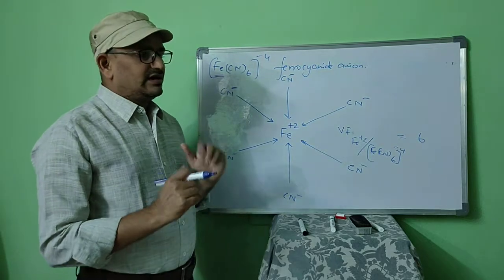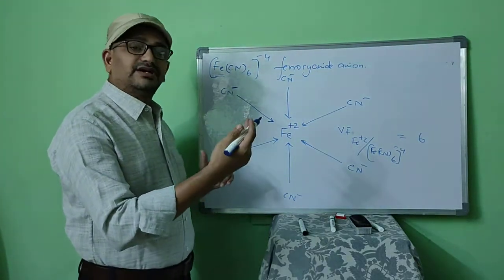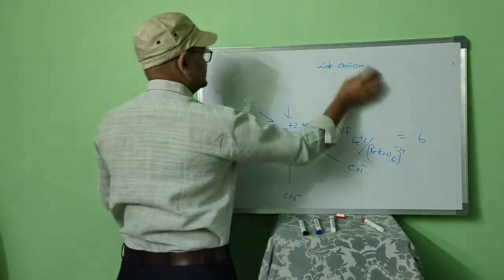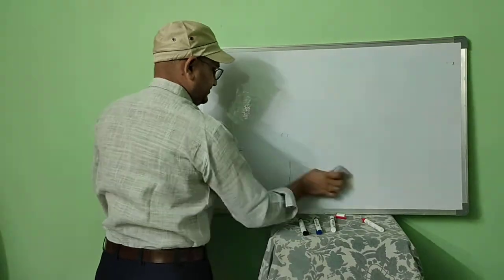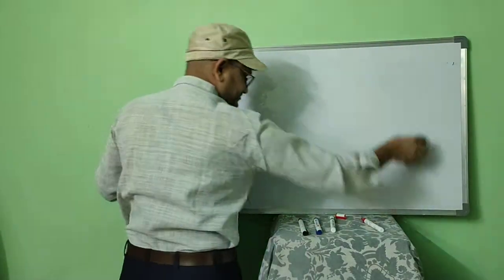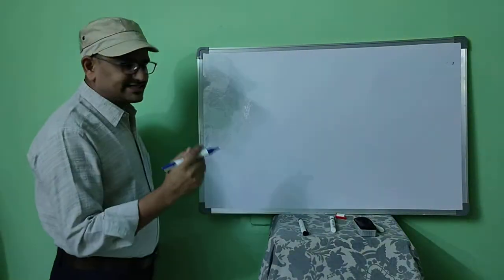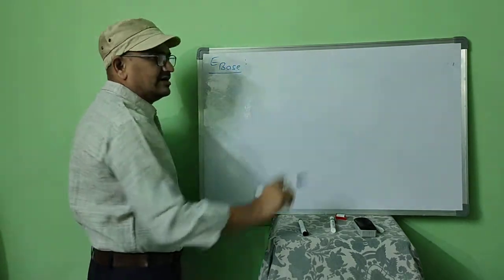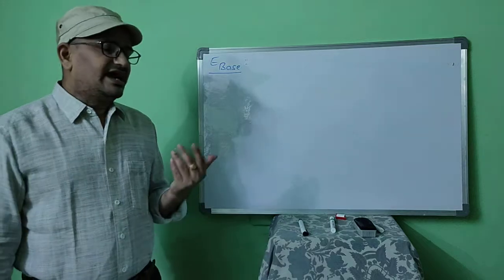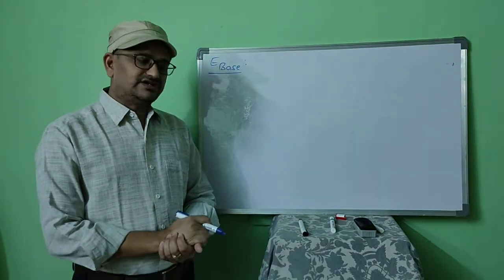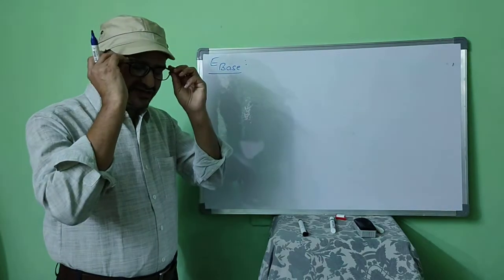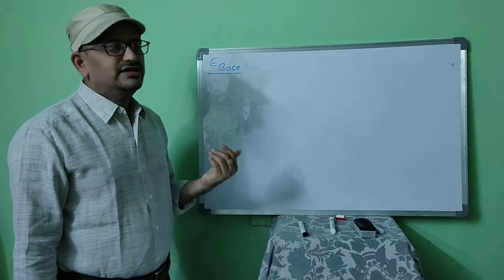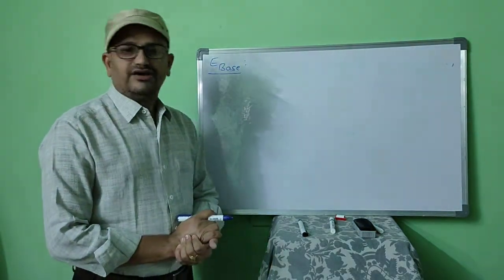Now let us continue this session with the equivalent mass of bases. Now our topic is equivalent mass of a base. What is meant by a base? Which can generate a hydroxide ion. Yes, a base is the one which contains a hydroxyl group and which can generate OH- ion, hydroxide ion, in aqueous solution according to the Arrhenius theory of acids and bases.